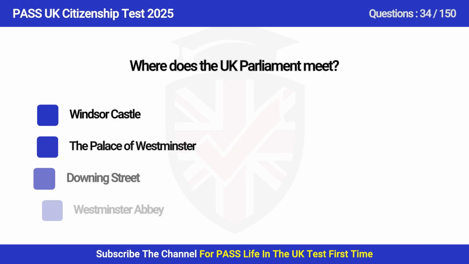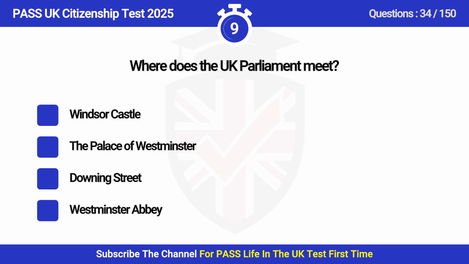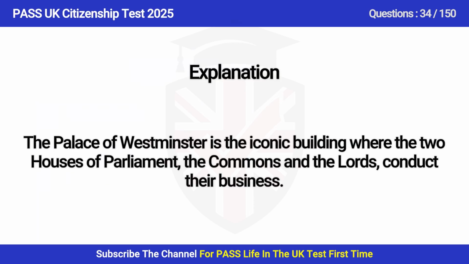Question 34. Where does the Parliament meet? A. Windsor Castle, B. The Palace of Westminster, C. Downing Street, D. Westminster Abbey. Answer is B. The Palace of Westminster. The Palace of Westminster is the iconic building where the two Houses of Parliament, the Commons and the Lords, conduct